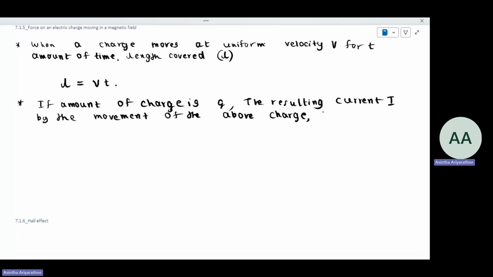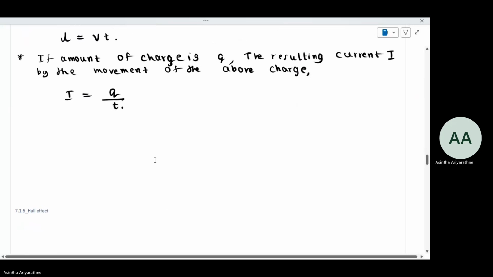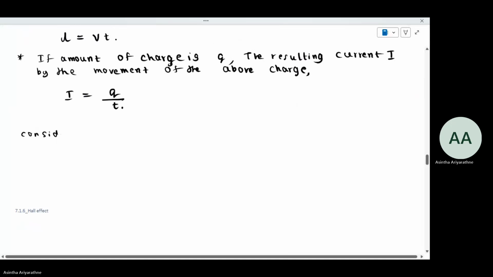Above, the charge we can easily find by using I is equal to Q over T. Right? I is equal to Q over T. So let's consider, same as before, the charge Q